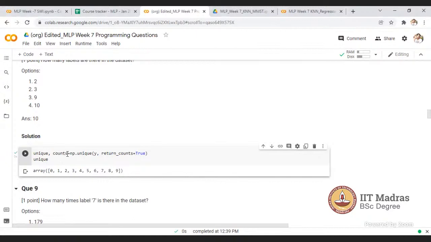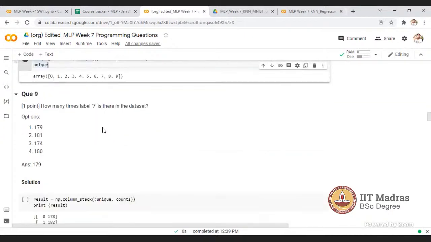What will be saved in this count variable? Any idea? You have used np.unique, no? Count will be the number of occurrences, like how many times 0 is repeated in the y vector, how many times 1 is repeated. Frequency, exactly.